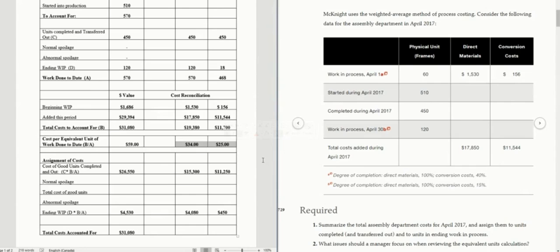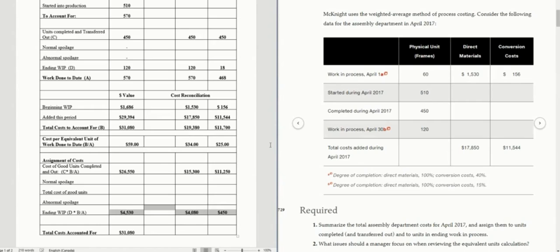And then I can use that information to determine what's the value of the goods transferred out and the value of my ending work in process. All of this so that in my journal entry,